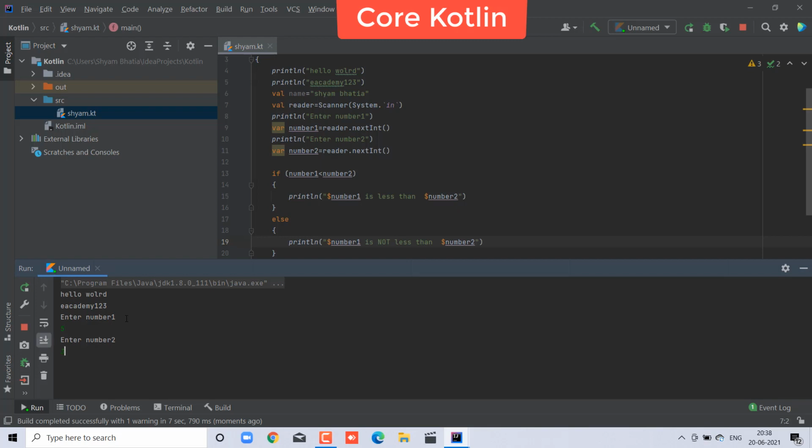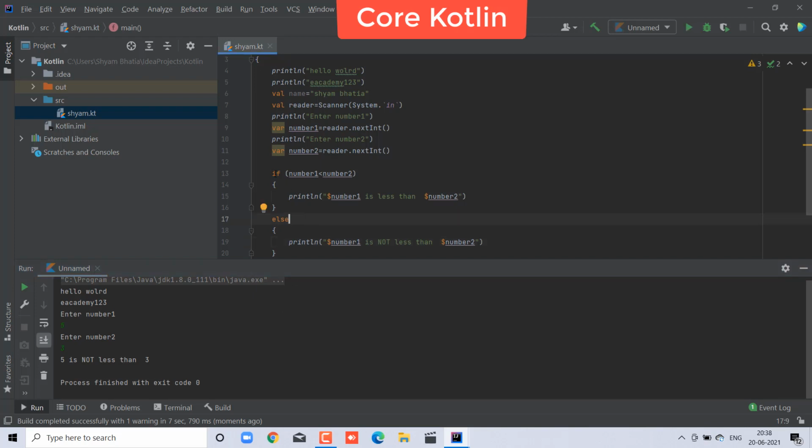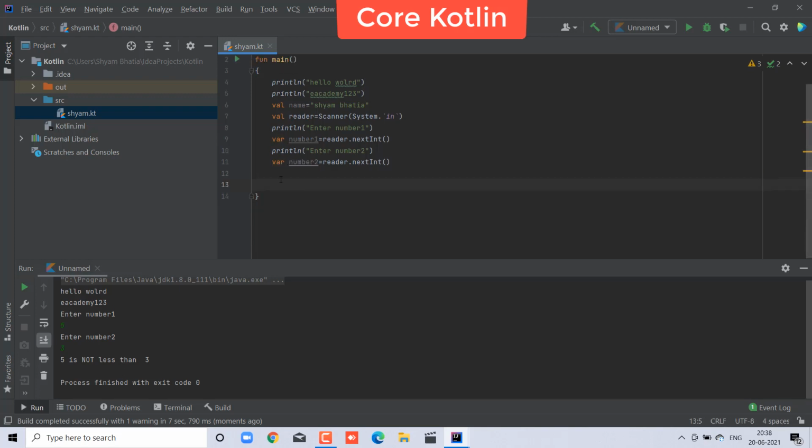I will enter 5, this is the greater number, and I will enter the second, this is the lesser number. So hit enter, then 5 is not less than, and it is also true, so it is the control statement in it. Okay, and now remove that, and I will take other values.